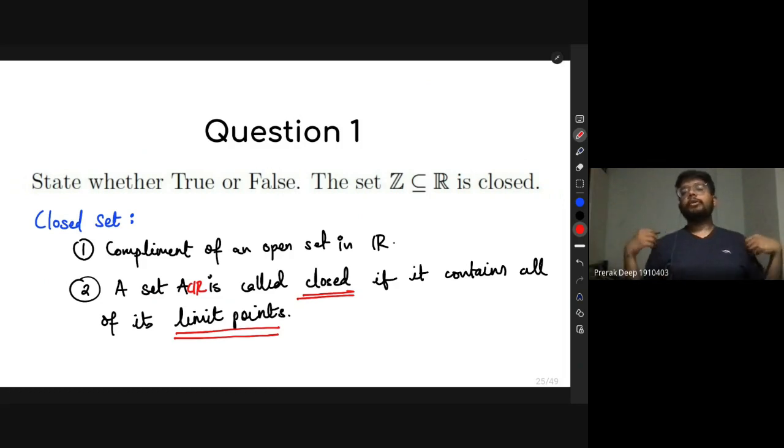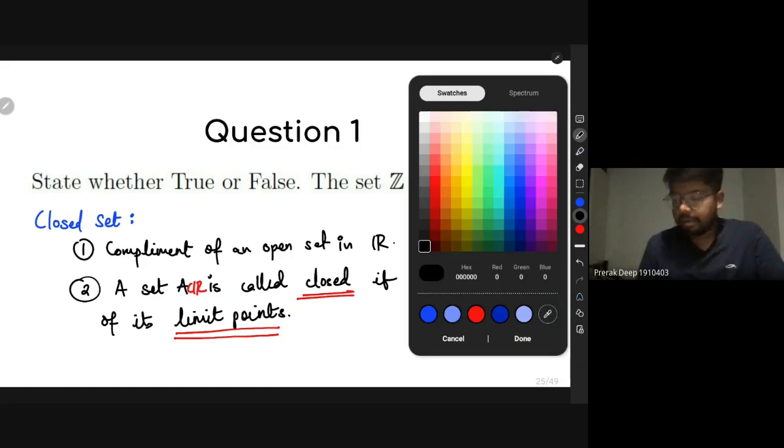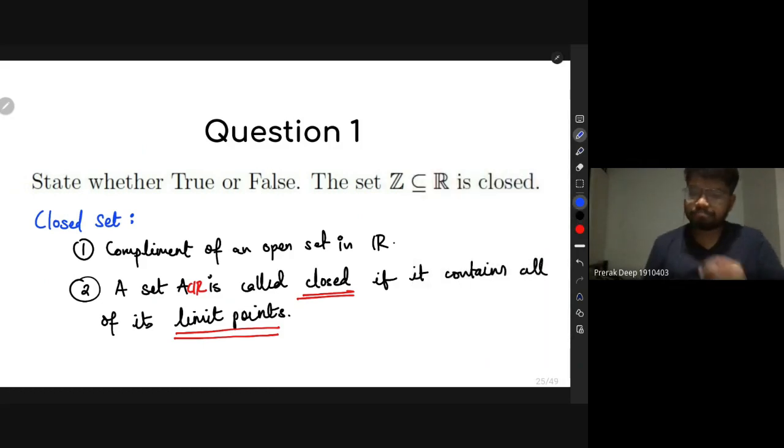We define a limit point of a set by considering a convergent sequence on that set, looking at the limit of that sequence, and that limit will be a limit point of the set. I have discussed these things in my previous session, but just for a quick recall,